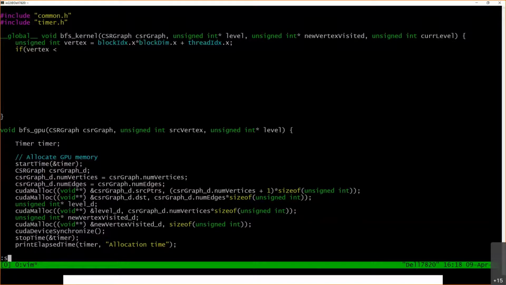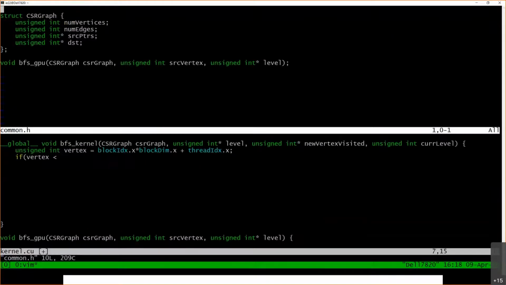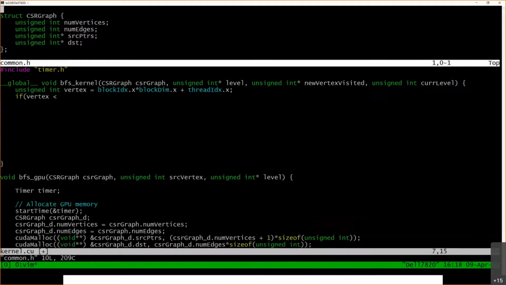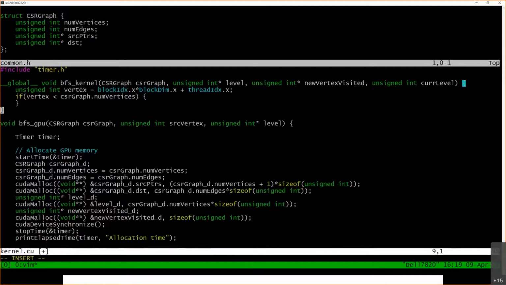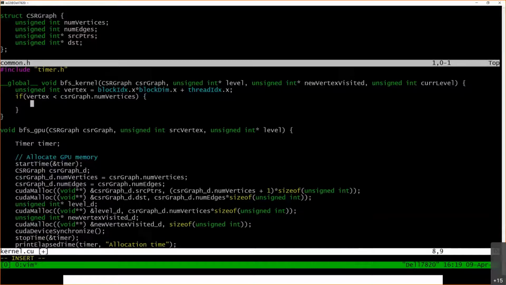Again, let me open the CSR graph. So we're still using the CSR representation because this is also a vertex-centric approach. And here I'm going to check that the vertex is less than the number of vertices in the graph. Okay. All right. So now that I've checked that, now that I've assigned a thread to a vertex, now what I